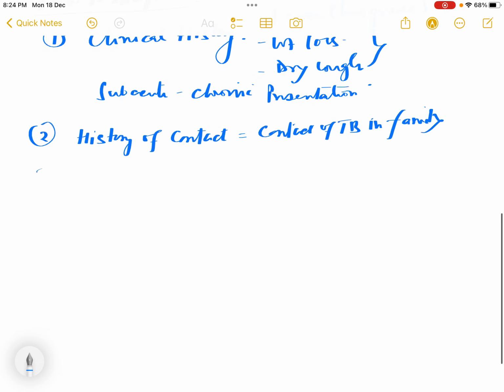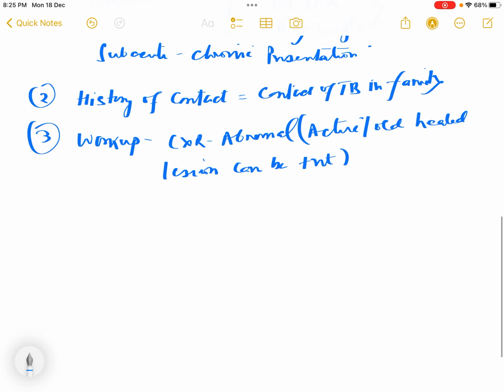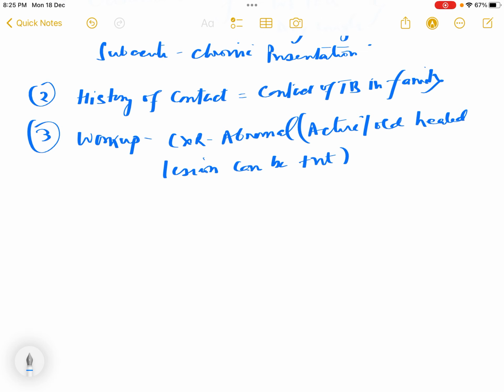All right. And third, if you do a workup, chest X-ray, we can get an abnormal X-ray, and an active or old healed lesion can be present. All right, because we have seen that the lesion in the lung disseminates to the brain to cause CNS tuberculosis. All right, and also you can do USG abdomen,